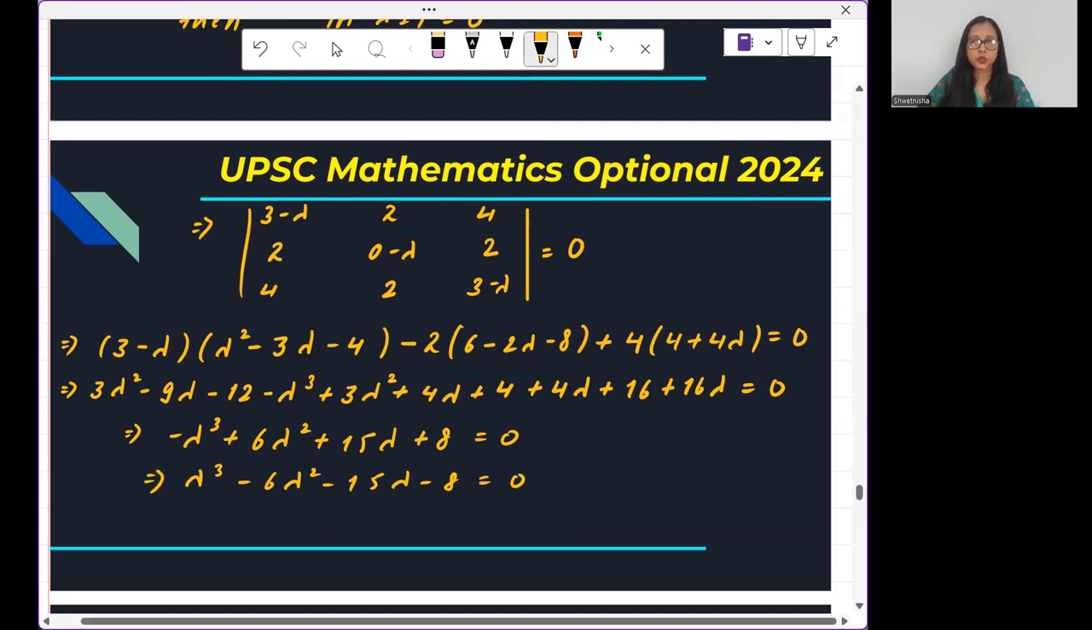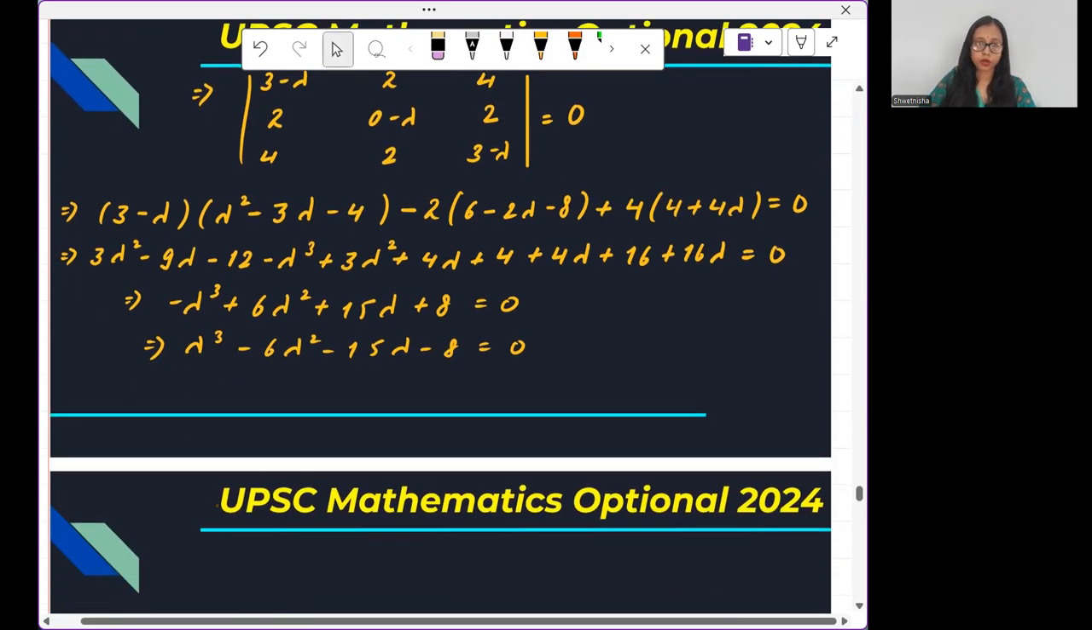First root, you can try with 1. That is not going to work because 1 minus 6 minus 15 minus 8 is not equal to 0. Let's try with lambda equals minus 1. For lambda equals minus 1, the left hand side